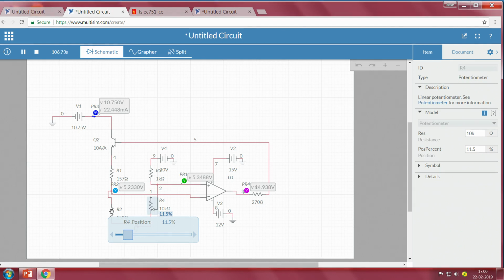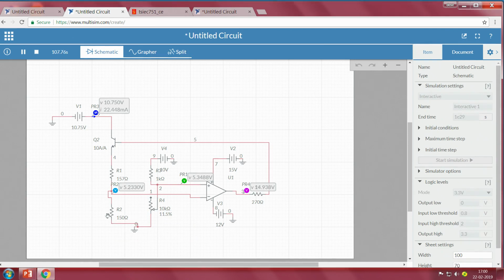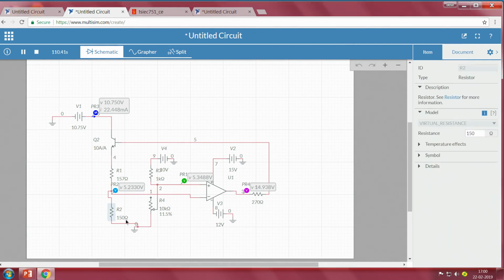Now let's say case 2, when airflow is happening through this device of mine. So this is the 150 ohm resistor R2, and then air flows across this. What happens when air flows through this resistance? Ideally the temperature should drop, and when the temperature drops, the resistance drops. So I want to simulate that condition. Let me reduce this resistance, assuming I am flowing air at some meter per second velocity.